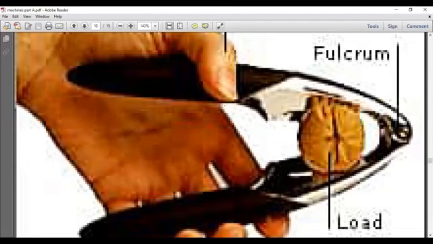Okay, so this is about class 2 levers. The mechanical advantage of class 2 levers is always greater than 1. It means the effort arm is always longer than the load arm. See here is the fulcrum, here is the load and this is the effort arm. So definitely the load will be in the middle. It means the distance from the fulcrum to the effort point is greater. That is the reason the effort arm is always greater in class 2 levers. So the mechanical advantage is always greater than 1 for class 2 levers.